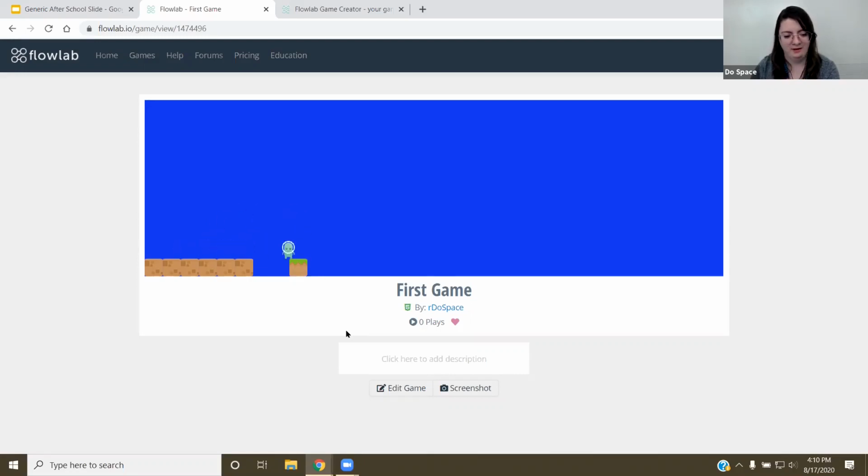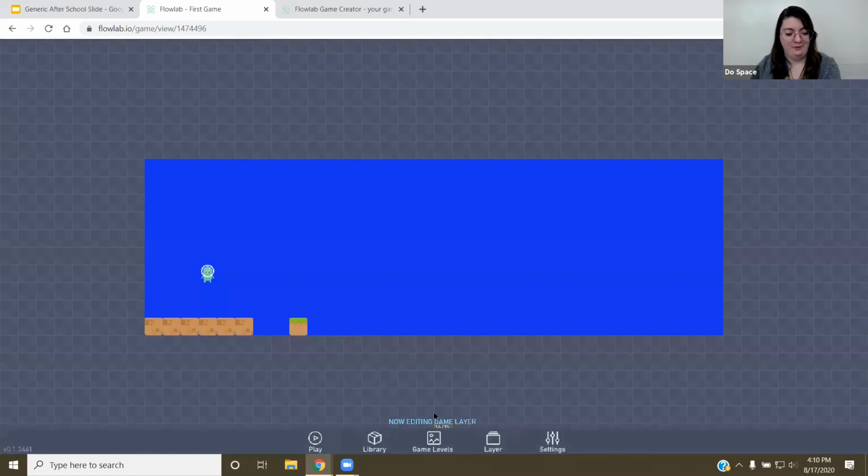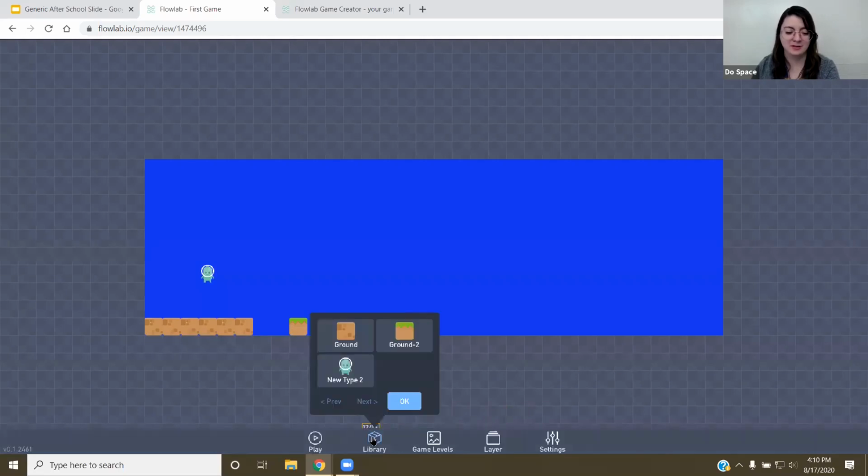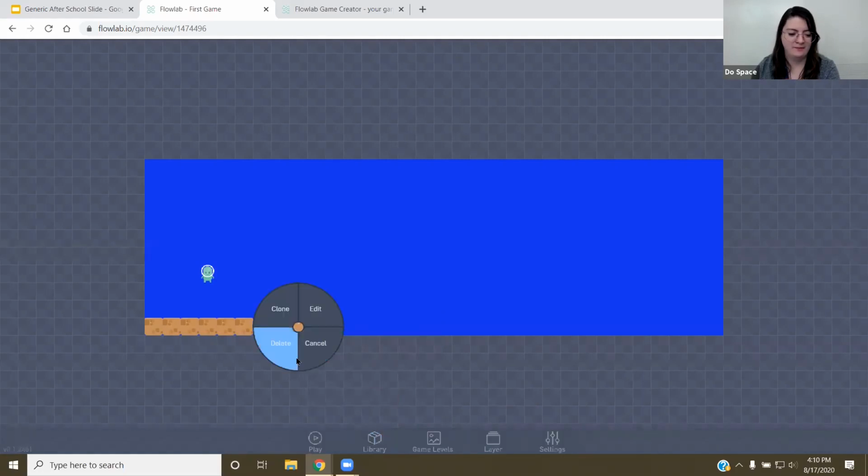So I'm making a character here, jumping around. Of course, there's a little fun thing going on where if I hold on to this wall right here, the left arrow key and the up arrow key, my character stays stuck in there. If I let go of the left arrow key, my character falls down. Can't get back up. So there's some weird behavior going on here. It could be a bug or a feature. That's the thing we like to do sometimes in game development, turn bugs into features and be like, oh, that's something cool. So I made my first platform here. I'm just going to click clone and make another platform here that's going up.